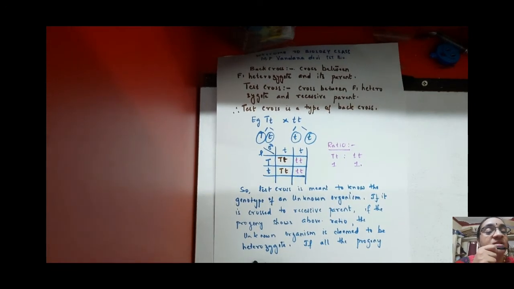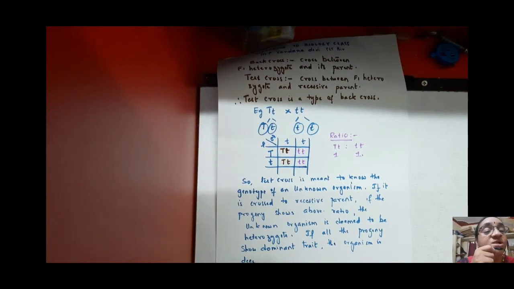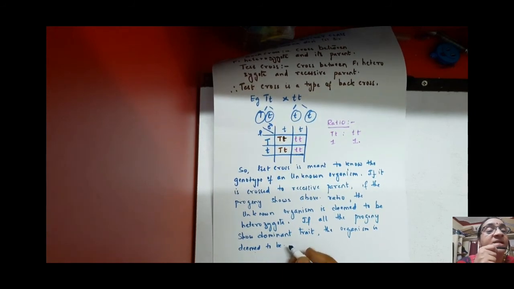So do it in your books then. And just take down the sentences that are given here, because it has been asked in the CBSE board exam also, like why a test cross is done, what is the significance of a test cross, and so on. So you should be in a position to answer like this. Just take down these sentences as they are shown here and attempt the cross with capital Y crossed to small y, or round wrinkled, that is capital R small r crossed to small r, and so on, and do these crosses. Practice it.